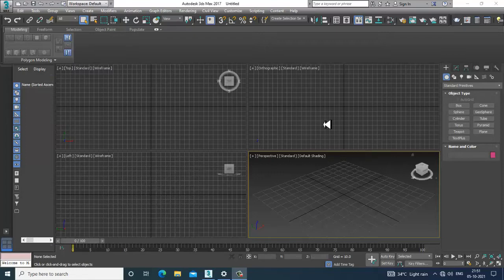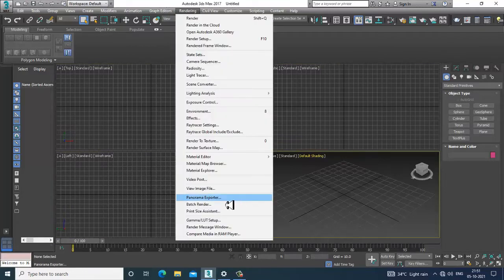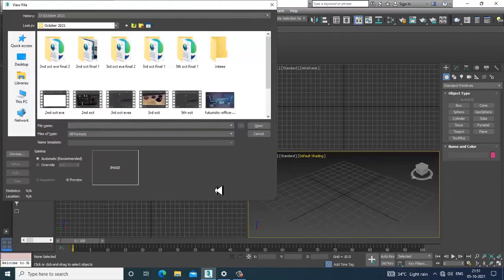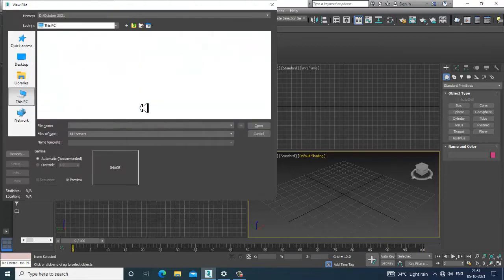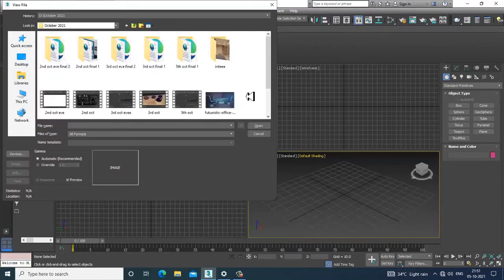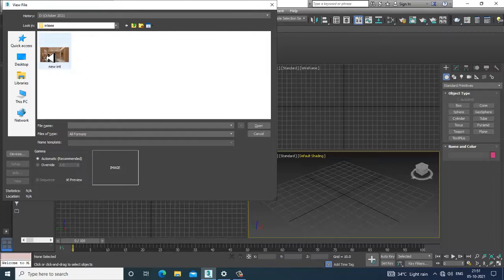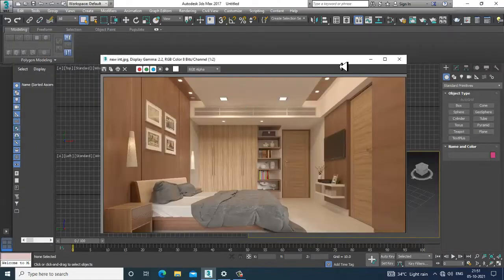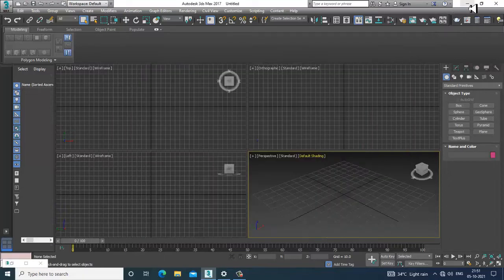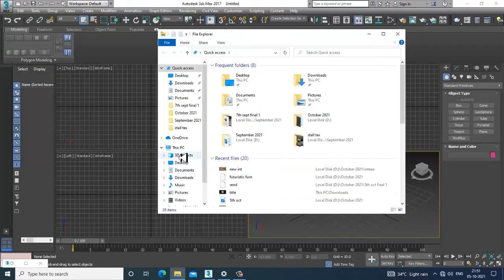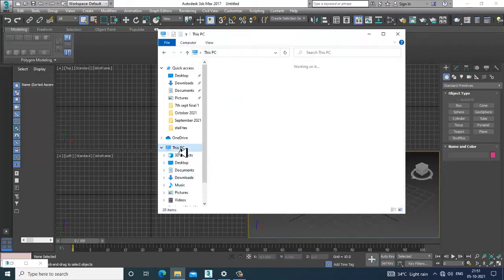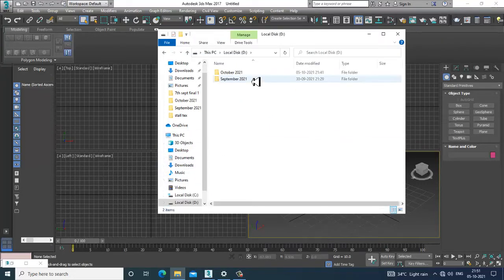So very first of all, let's open a reference over here, the rendering view image file. I'll check out the size of that particular reference.